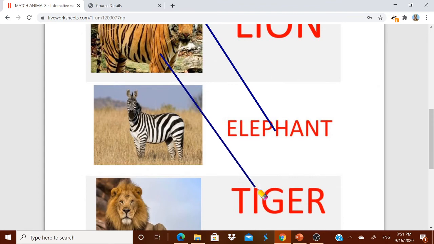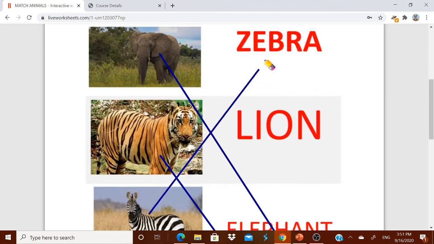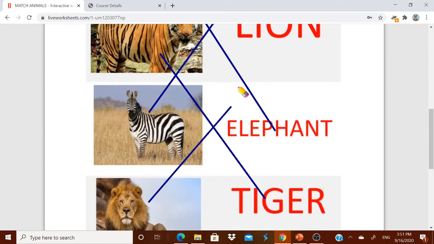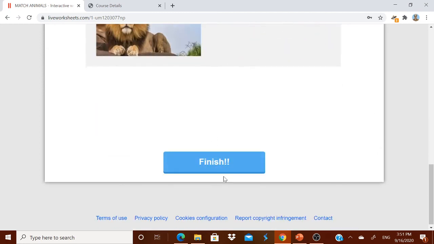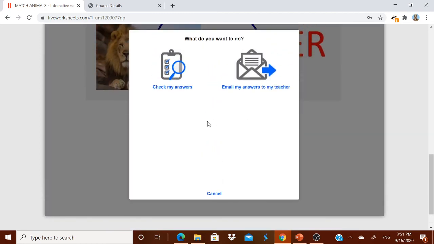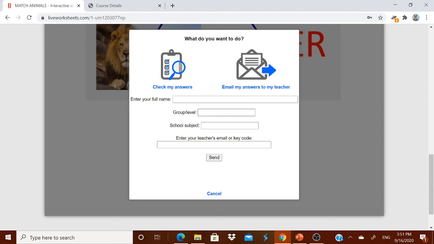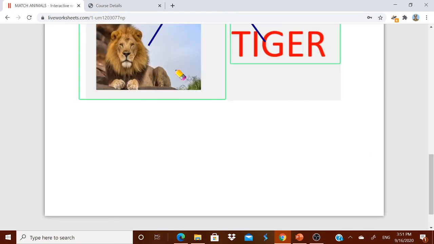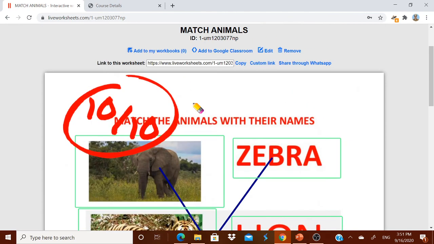And then this is a tiger, and this is a zebra, and this is my line. Well, I am finishing it. I think this I have already told you. A child can email the answer to you, either to your key code or your email ID directly, or you can check the answer also. If you want the checked answer, it is 10 out of 10.